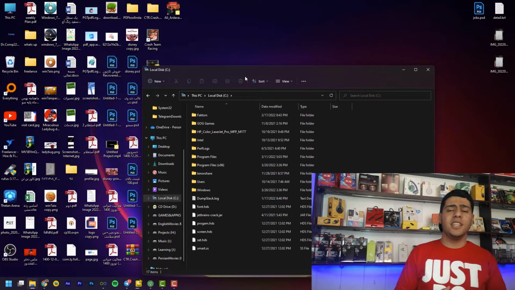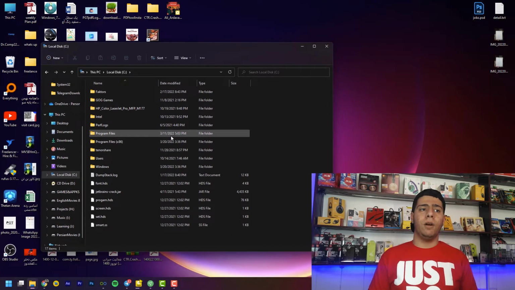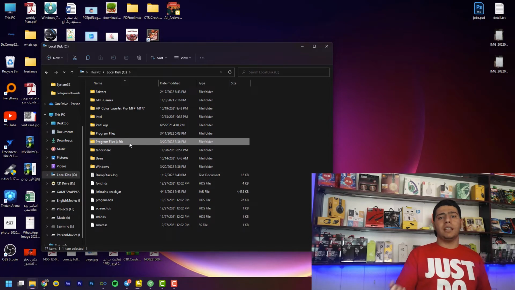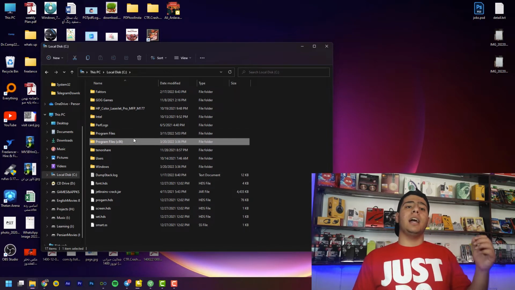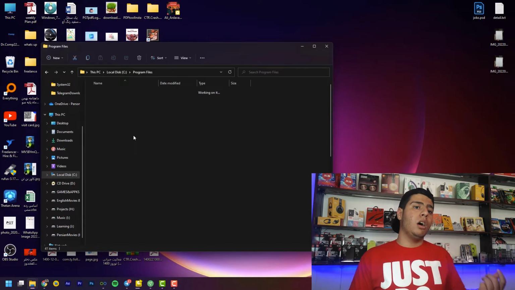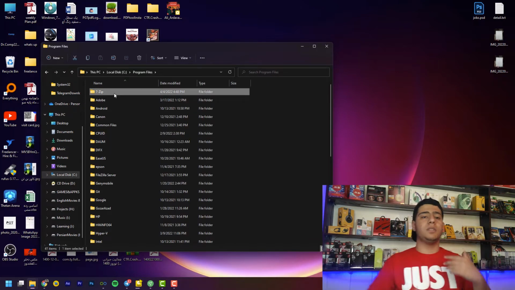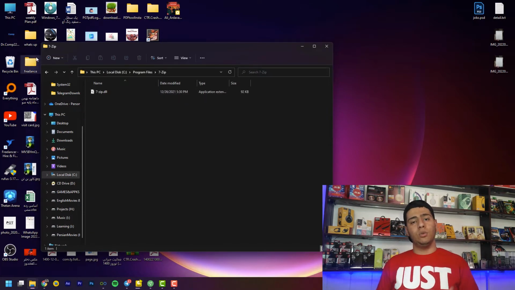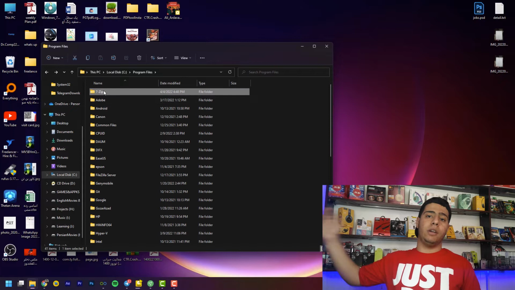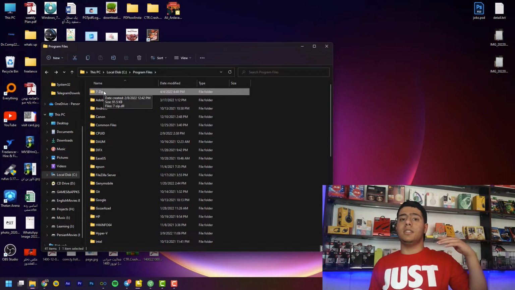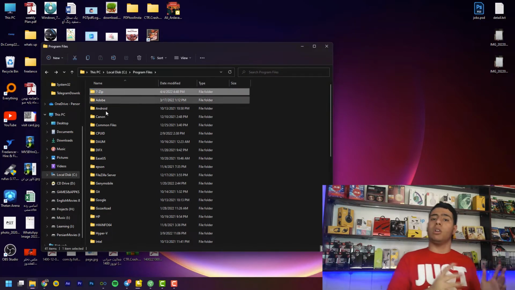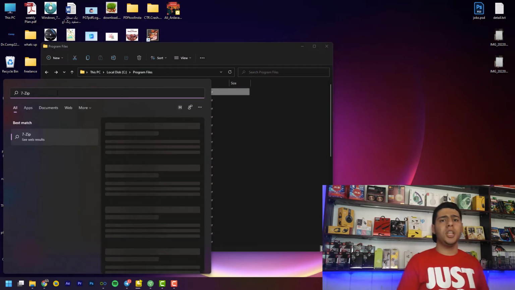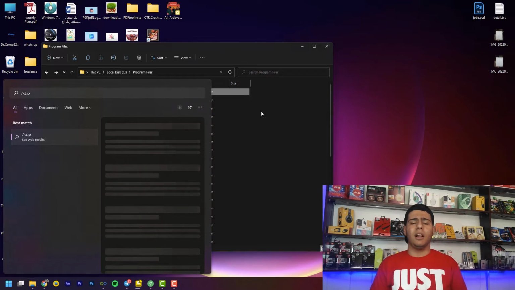Here we will see Program Files and Program Files (x86). x86 is for the programs that are 32-bit versions, and the 64-bit versions are in Program Files. Okay, this is the difference between them. If your app, or I can say program, is 32-bit, go to Program Files (x86). If it is 64-bit, go to Program Files. Don't go to Program Files (x86). Okay, I open, for example, Program Files